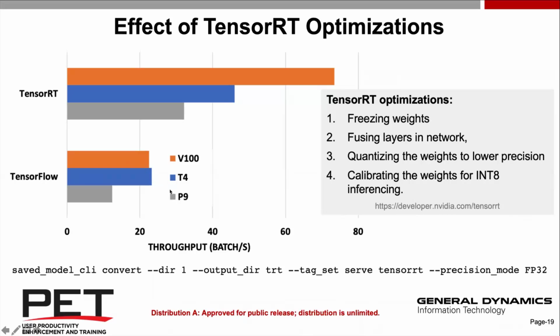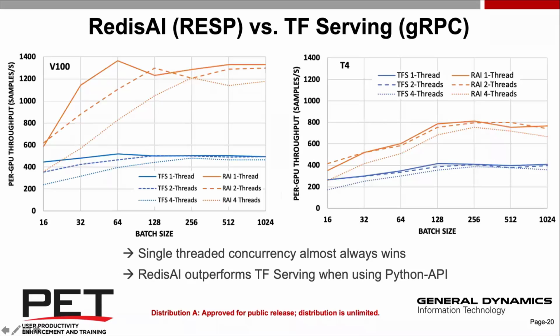So we were only able to test using TensorRT successfully on our smallest model, which gave pretty significant results, 3.3x speedup. You can see here for V100, 2x speedup on T4 GPUs, and 2.6x speedup on Power 9 GPUs. We performed another study on Scout where we just compared RedisAI using the Redis serialization protocol directly with